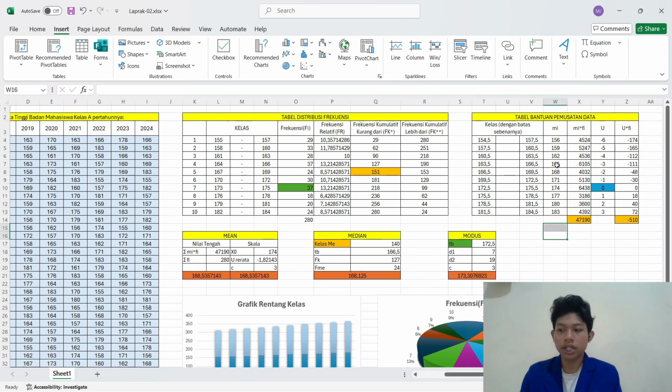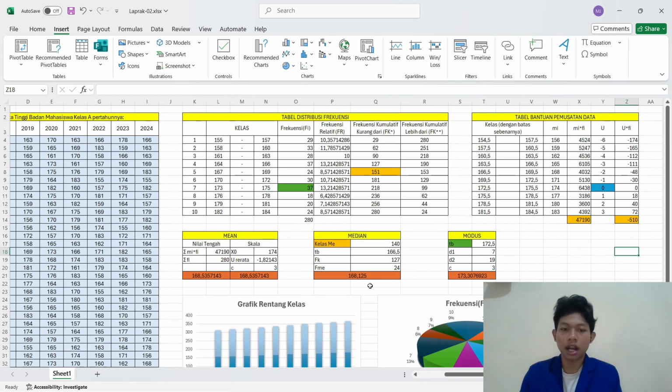This table usually includes class boundaries, then class width, midpoint, midpoint multiplication frequency. Each of these components is essential in the statistical analysis process.